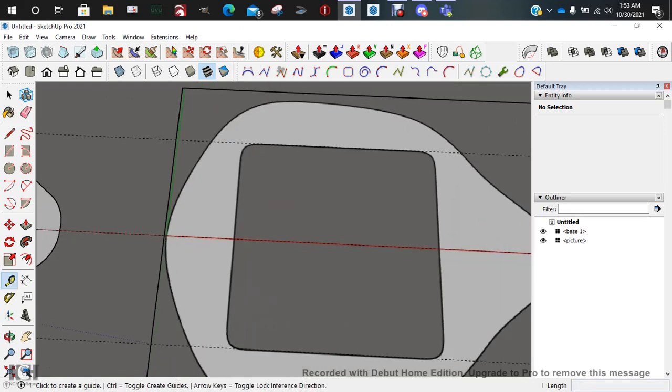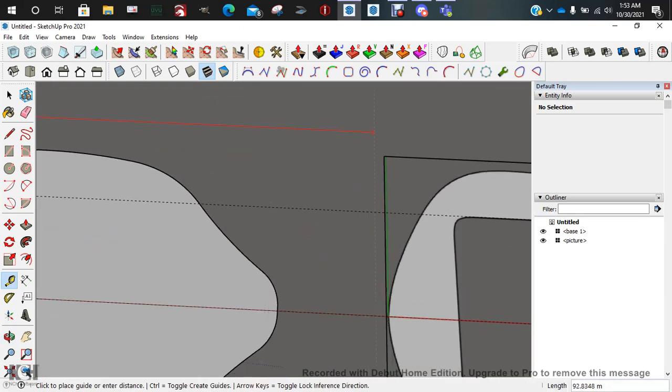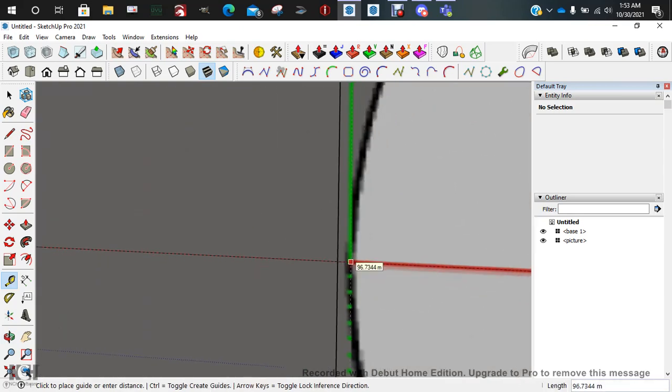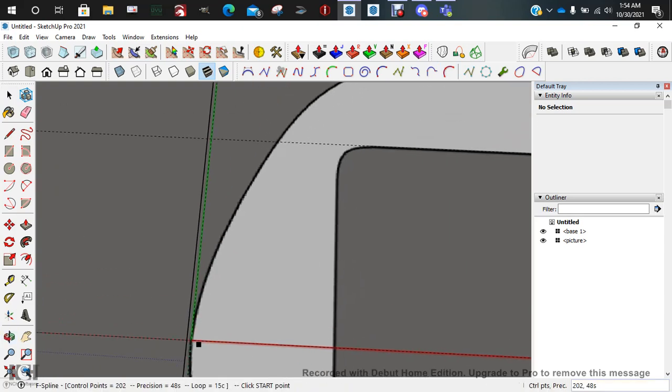I want to hit T and bring in a control point here so I can get it as accurate as possible. Right there. Go back up to F-spline. You have to reset the segments. Okay. On the intersection. And then you're just going to slowly, you know, I mean, it doesn't need to be slow, but, you know, just